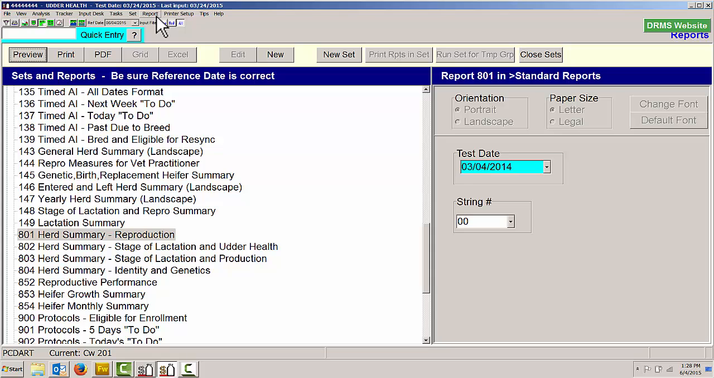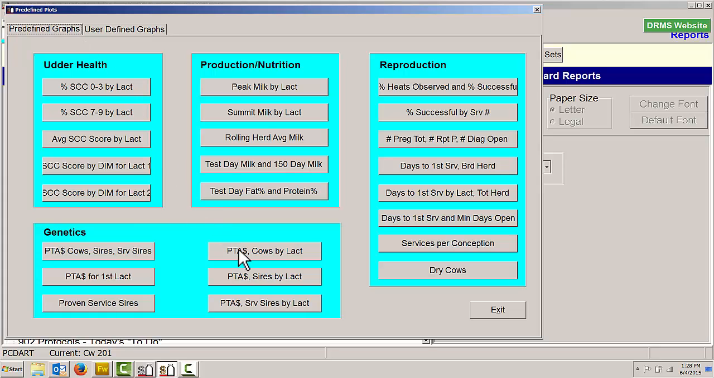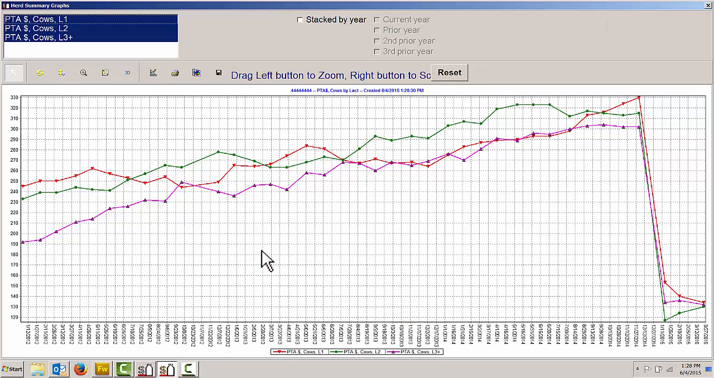The next place I would be looking would be in the herd graphs. Once I open that up, I'll find a PTA dollar value for cows by lactation. And here we have a 3-year summary of what's gone on with the PTA dollar values for first lactation, second, and third lactation cows. And this big drop that we see here is because the basis had been refigured in